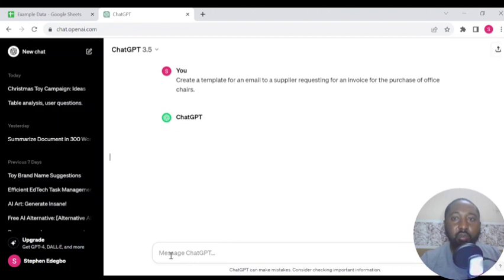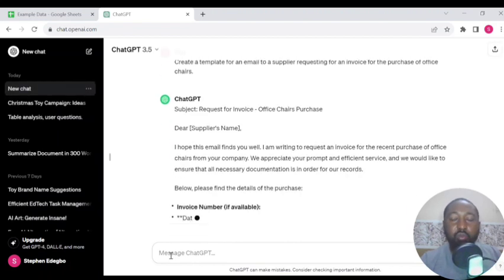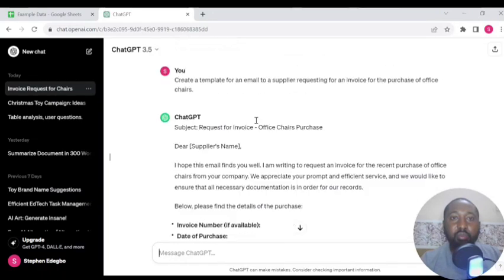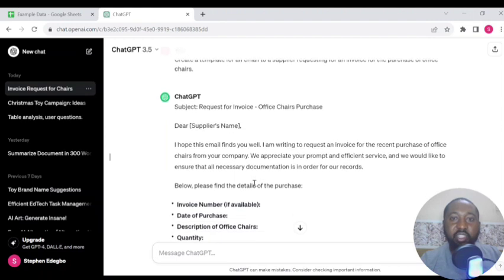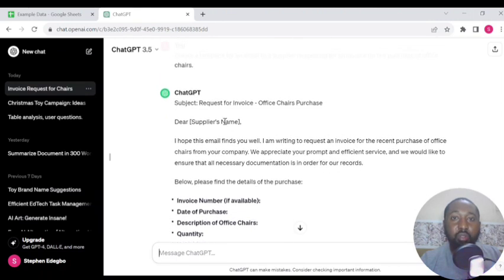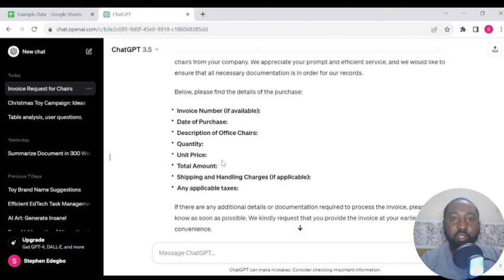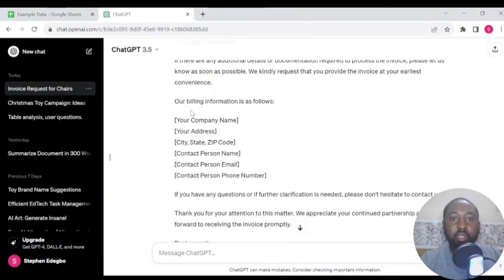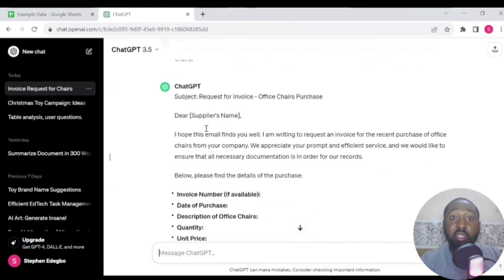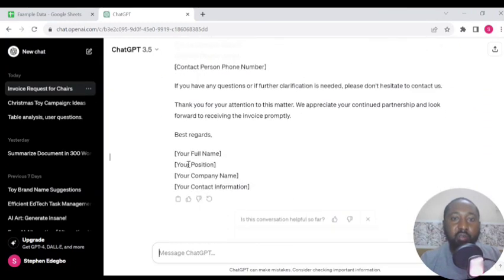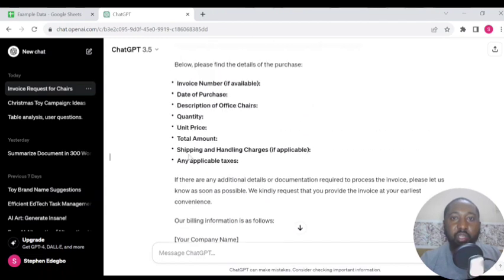So typically, when you want to request invoices, you will need to keep writing new copy. Basically, ChatGPT just gives you this template and you can fill it anytime you like. So you can see that it has generated it. It didn't put anything. It has placeholders for the supplier's name, for the invoice number, for the company name, and all these things. So you can easily provide ChatGPT with this information, and it will fill this in for you. So for example, we can say that